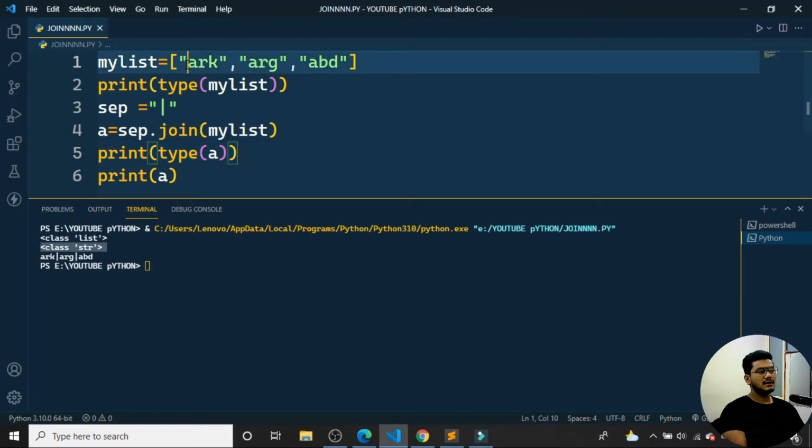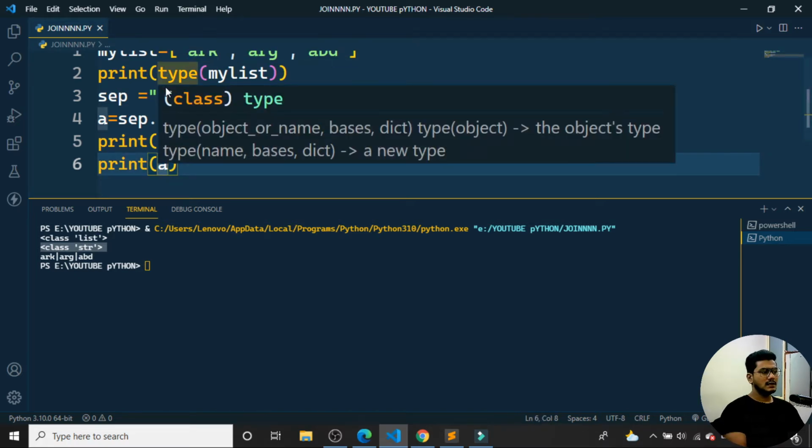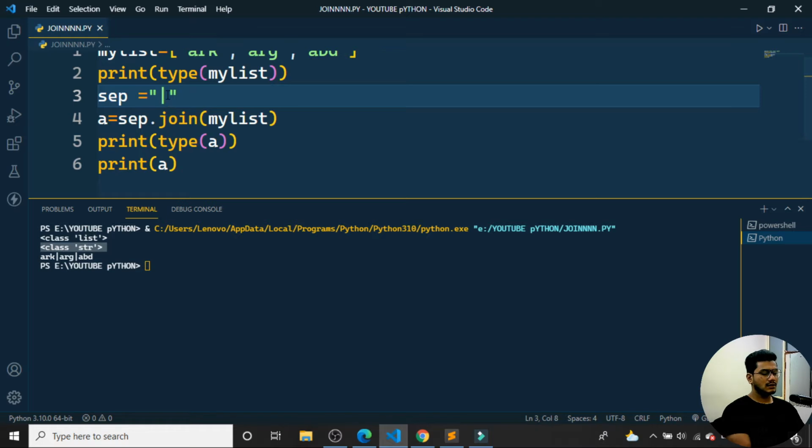Now see, everything has been converted into a string and each value has been iterated. Then it is added with a separator, that is this one. So suppose I can convert anything. If I want to add a separator like this, if I want to add a separator like 2 dashes, I need to add that, or 3 dashes.